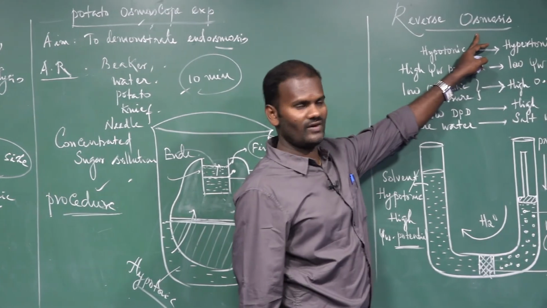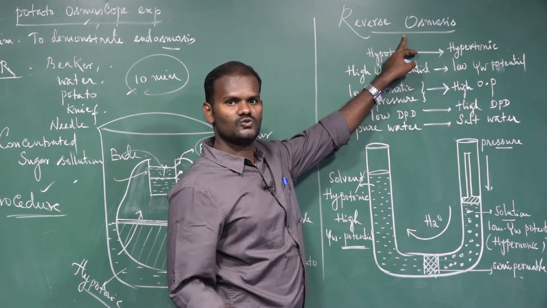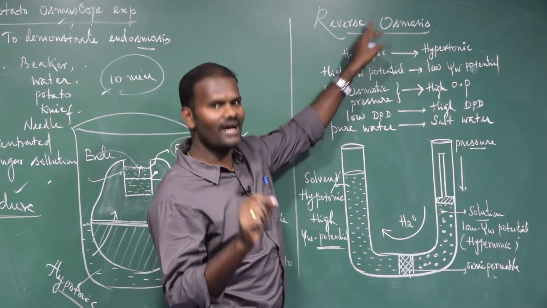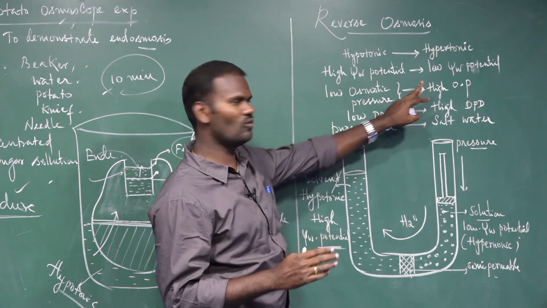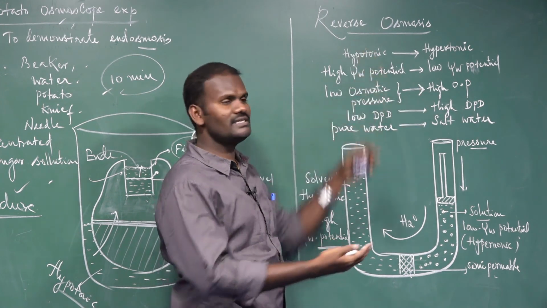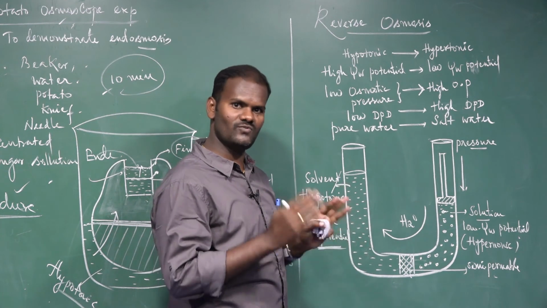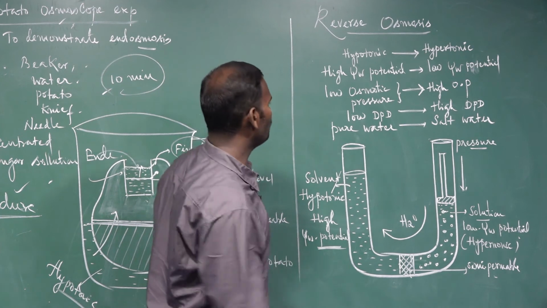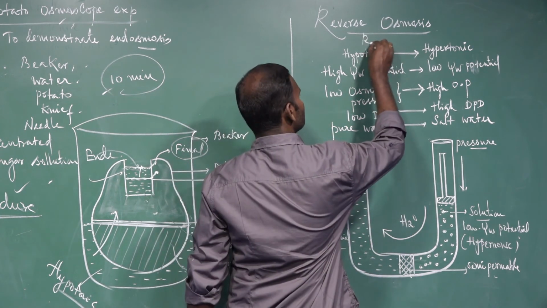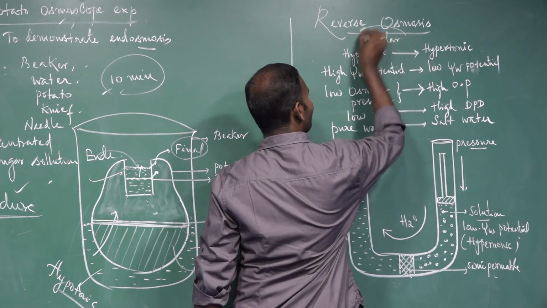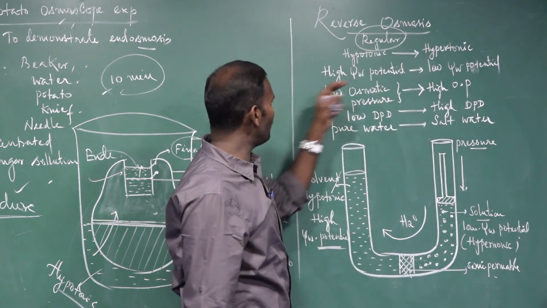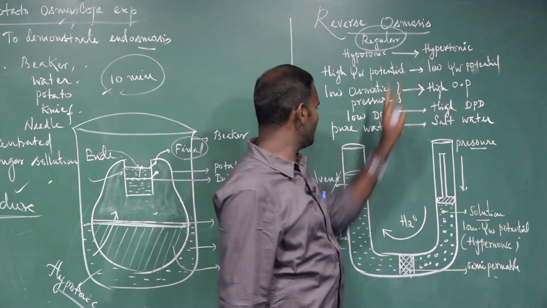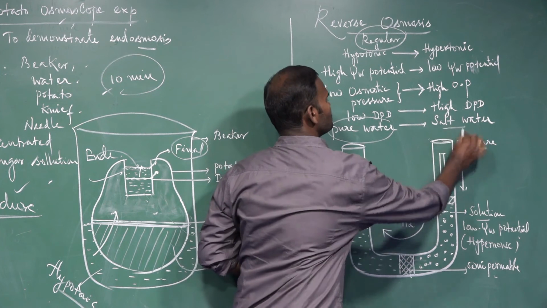Osmosis, we know that. What is called reverse osmosis? In reverse osmosis, it follows the same principles as osmosis. Osmosis moves from where? Higher to lower. But in reverse osmosis, it is in a reverse direction. The same principle is followed, but the movement of water molecules is in a reverse direction. See how? In normal or regular osmosis, water molecules move from hypotonic to hypertonic. It is nothing but pure water to salt water.